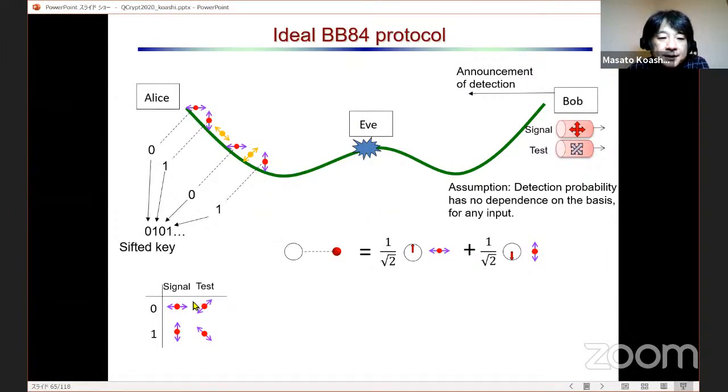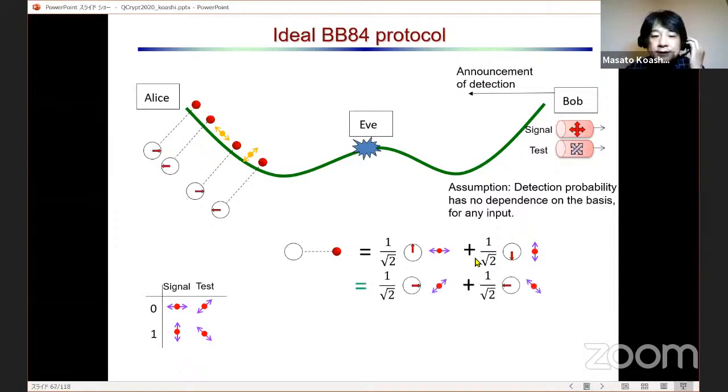I assume that the polarization in this basis is solely used for the signal, and the diagonal polarization is solely used for the test. Now, as in the prescription, you rewrite this as an entangled state like this, and this is also written like this. So Alice's phase value here corresponds to diagonal polarization. For the signal, Bob tries to distinguish these two states, and for the test, Bob tries to distinguish these two states. And I assume that the detection probability has no dependence on the basis for any input. Then